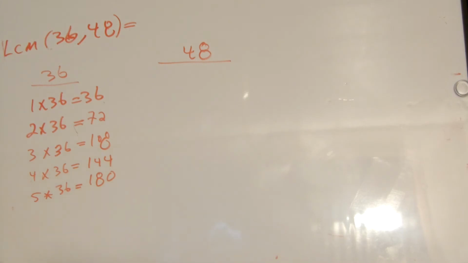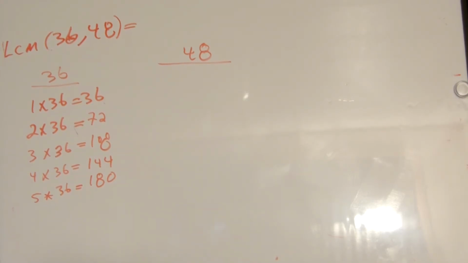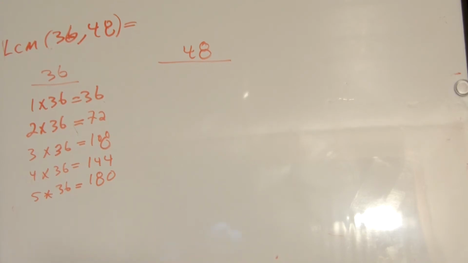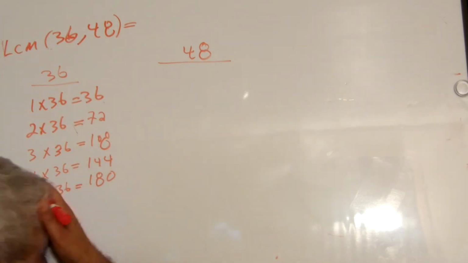You just write the multiples, which means you get the numbers, like 36 and 48, you want to find the LCM. You do it this way. You just multiply by 1, 2, 3, 4, 5, continuing until you find something common, the least